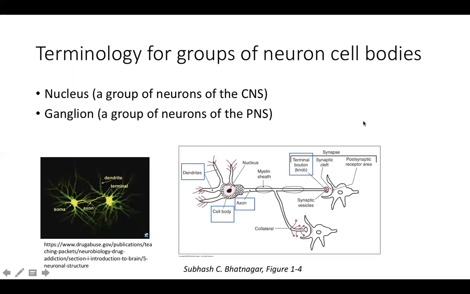And so here I've also provided another image to make sense of this a little bit more. And I'll go ahead and point out the dendrites of this neuron are right here. The cell body of the neuron and the nucleus, which is where the nucleus is in the cell body, is right over here. And the long axon that then projects onto another neuron and another neuron here as well.